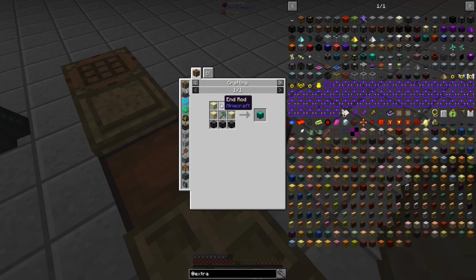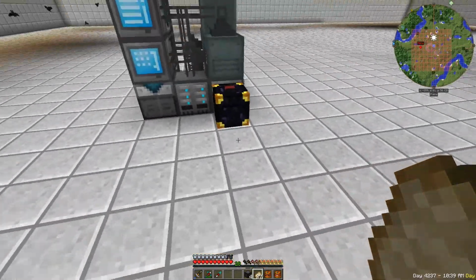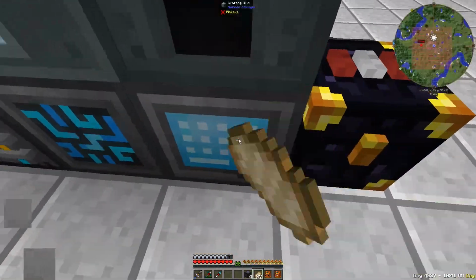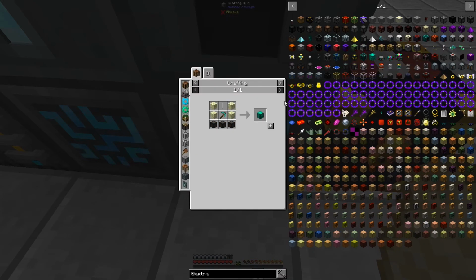And then these, yeah, we actually are going to need a bunch for that. So we're going to need 2 diamond picks. We're going to need some end rods, which will be pretty easy. Let's go ahead and put all this in there. So the quantum quarry basically goes and randomly generates different worlds, different biomes, so you can get different items from it, and not just from the